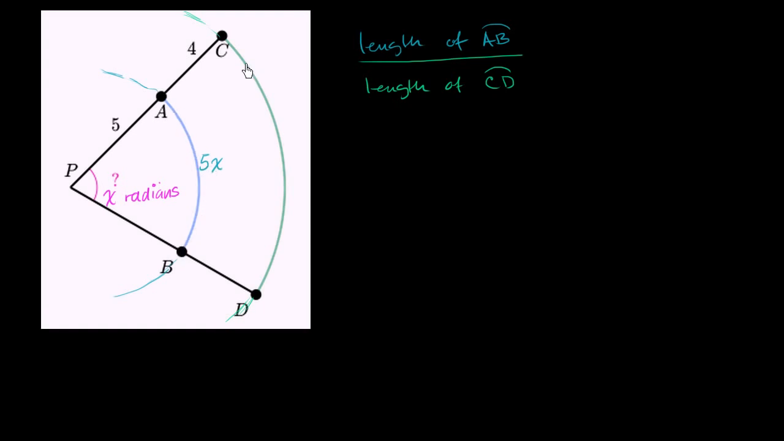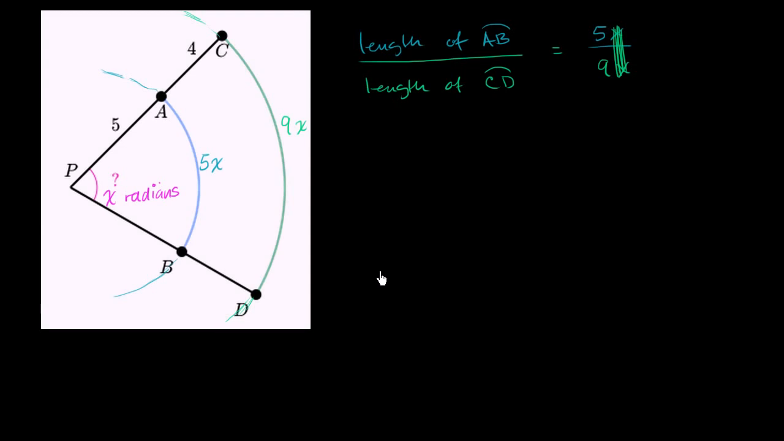Well, same argument for this arc length right over here. It has a radius of 9, 5 plus 4, and so this is going to be x radii long. Each radius is 9 units, so it's going to be 9x units long. So what's the ratio of these two lengths? Well, the smaller arc AB would have a length of 5x. Arc CD would have a length of 9x. So the ratio is